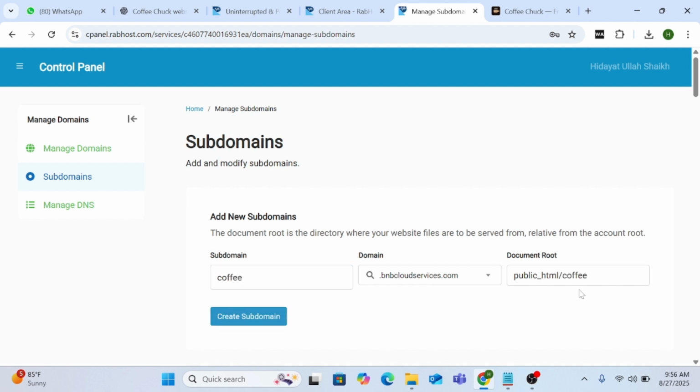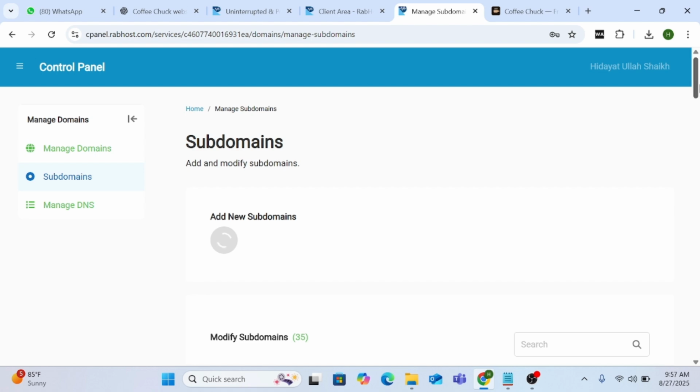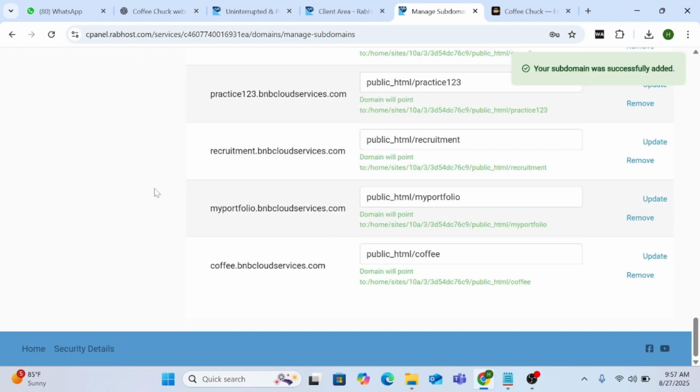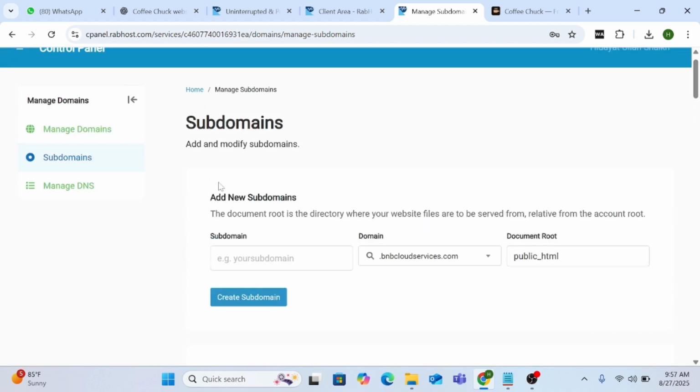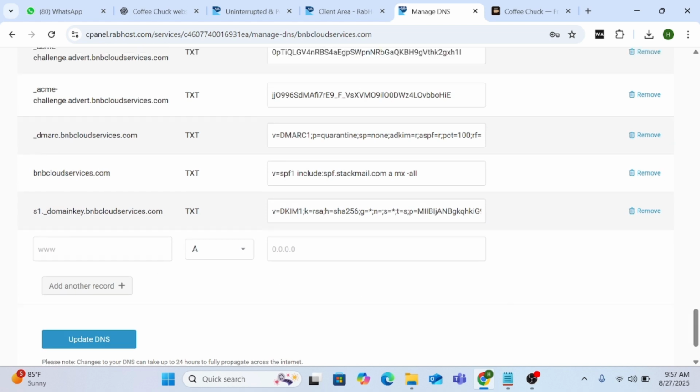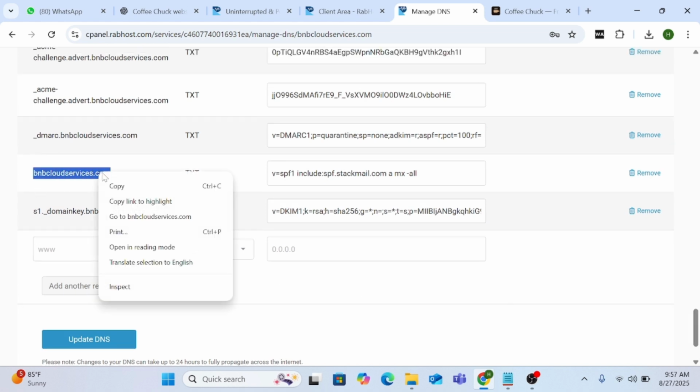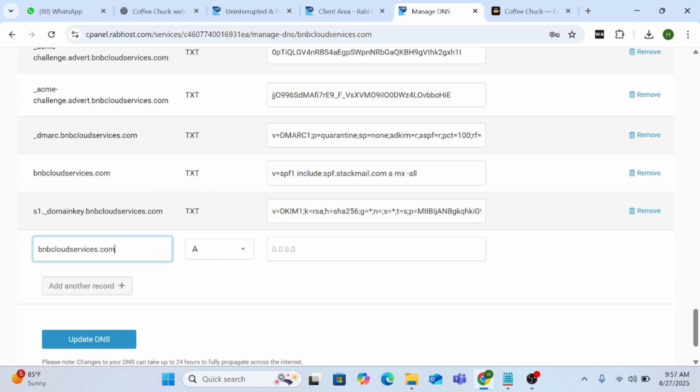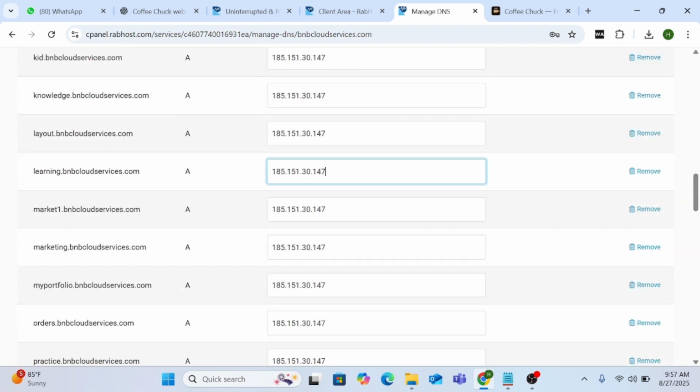Coffee. Inside the public HTML folder, a coffee folder has been created. Now we will point the DNS so that the public can access it. We will create a record. Coffee dot, we will keep an A record because we need to create a record. We will copy the hosting IP,